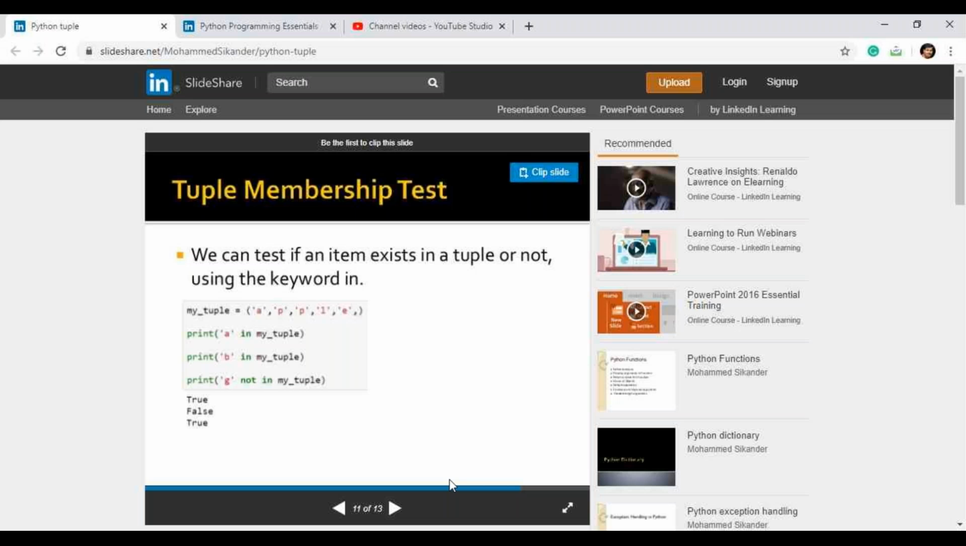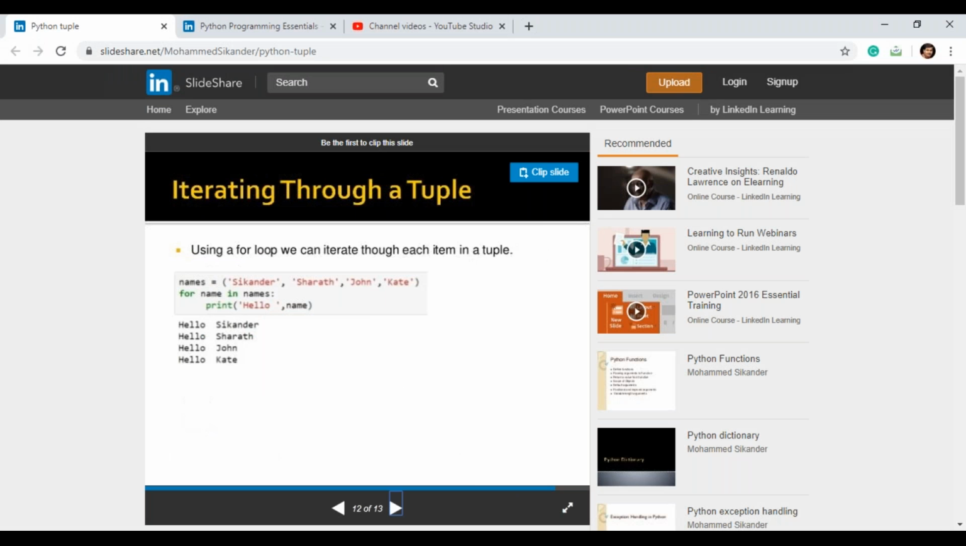Now again, see the program. Then iterate through a tuple. How do you iterate? Iteration means using a while loop or for loop. Here, using a for loop, we can iterate through each item in a tuple, like names is equal to Sikandar, Sharat, John, Kate. So for name,